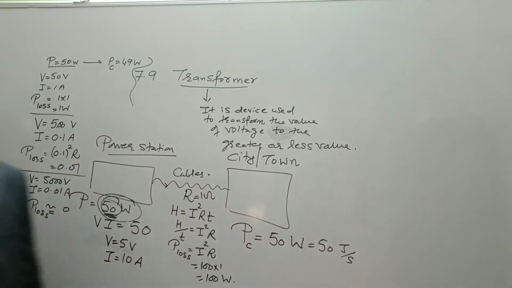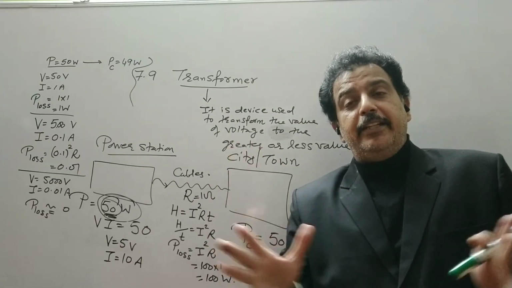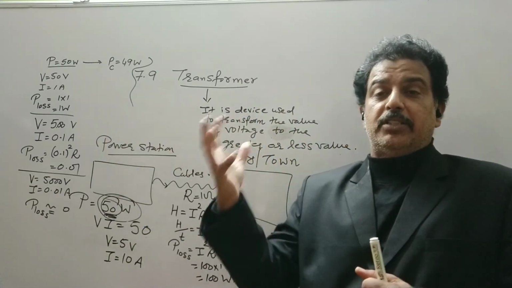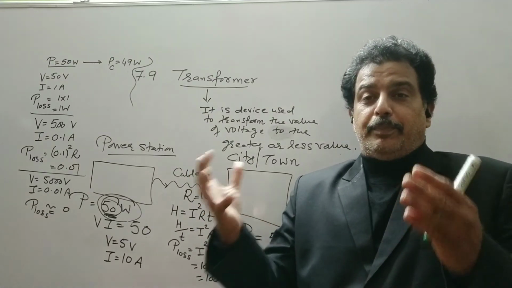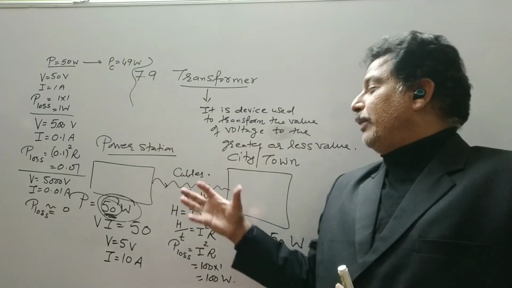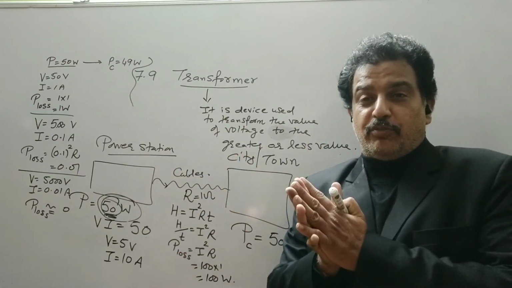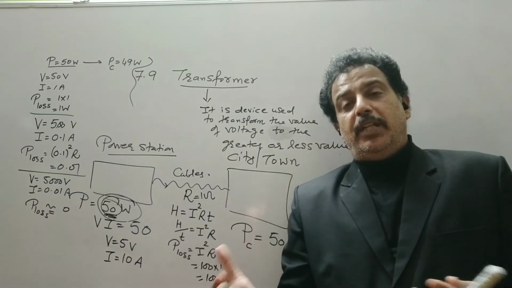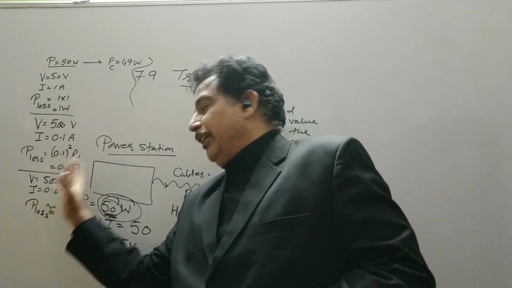almost 0. So at the power station, we should use a device which increases the voltage. Let us assume the source of the power station is an AC generator. The current produced from the AC generator cannot be directly transmitted because all the power will be lost in this cable. So there we will use a step up transformer, which will increase the value of the voltage as high as we want, whether I want the voltage to be 50 or 500 or 5000.